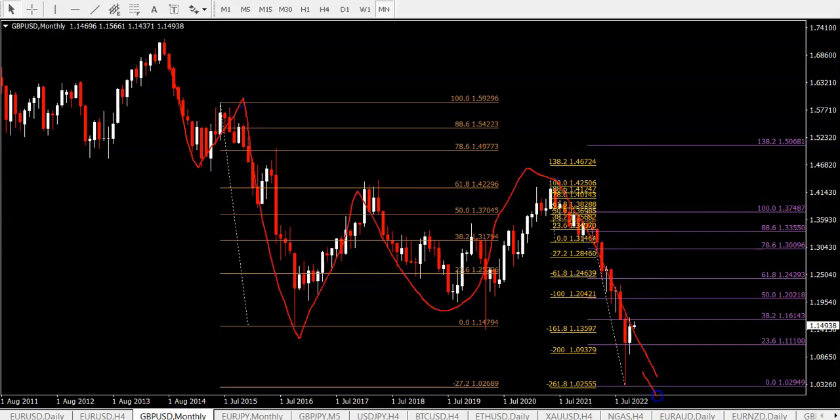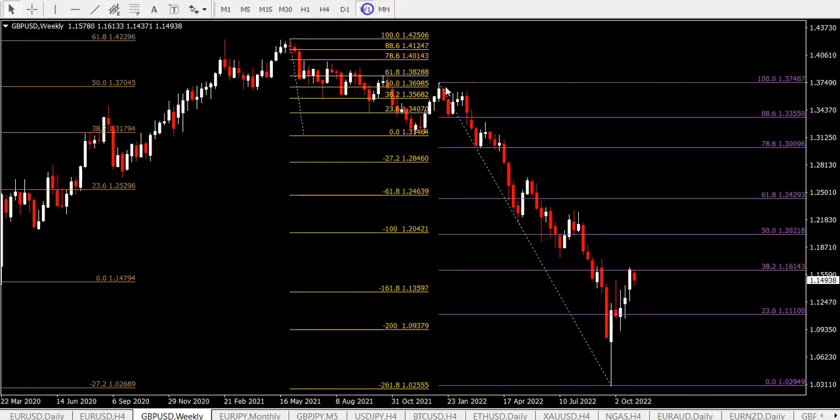This is looking like a wave 5 at the moment, and within wave 5 we're looking at a 1, 2, 3, 4 probably, and 5 of that 5. So one more lower low possible at parity maybe, for instance. Certainly a big bounce at this zone of these targets. Made it all the way up to the 38.2 fib.